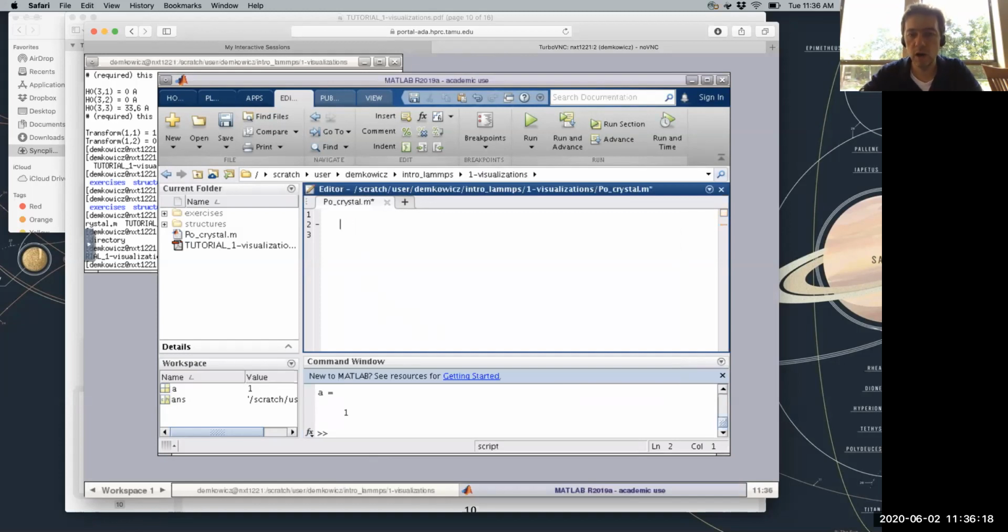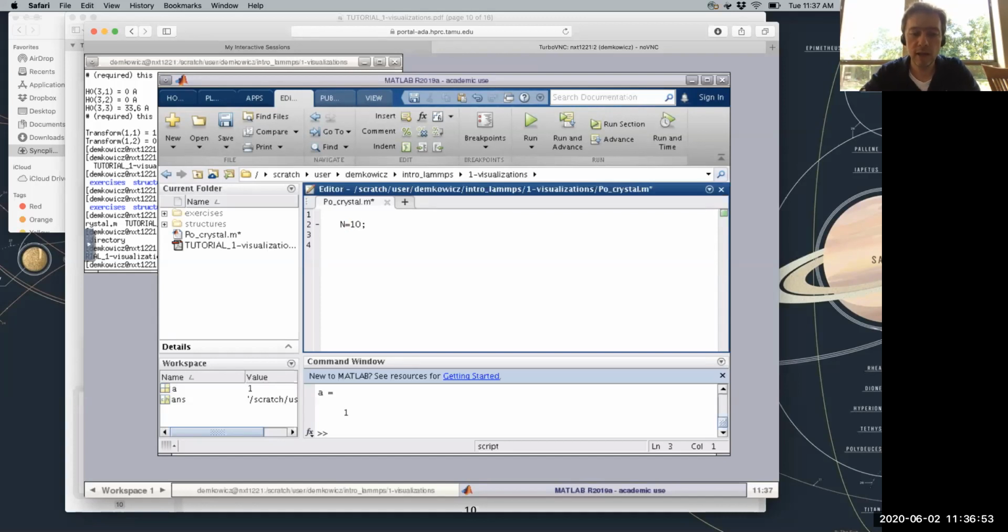All right. What am I going to do? All I want to do is write myself a little loop that creates the positions of all the atoms in this crystal. So here's how I'm going to do that. First I'm going to specify how many unit cells I want on each side. I'm going to call that variable n. I want 10 unit cells on each side, so n equals 10. And I'm going to put a semicolon after it so that when I run it, it doesn't write n equals 10 to my screen. This basically just suppresses the output.